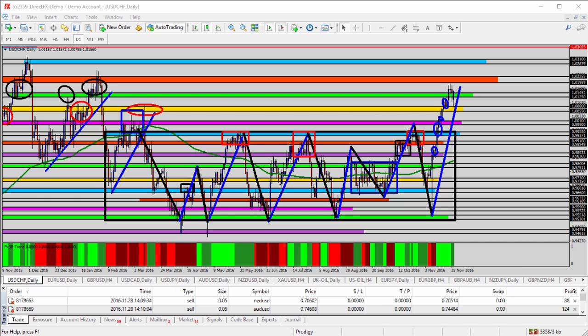Okay, let's get started with the USD CHF, the US dollar versus the Swiss franc. Here on this daily time frame, we look back to the left-hand side first. You look back here where these black circles are, top left-hand side of the chart. You can see support at the green zone, resistance at the orange zone, resistance at the green zone in the middle black circle, support at the green zone in the right-hand black circle, and resistance at the orange zone. So we know that between the green and the orange zone has been support and resistance back here in the past. And of course, if it gets above the orange zone, the blue zone is your next resistance